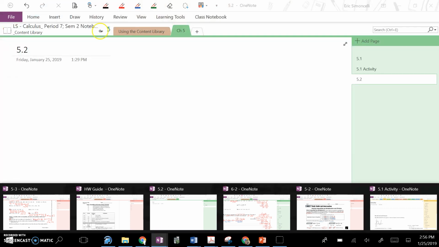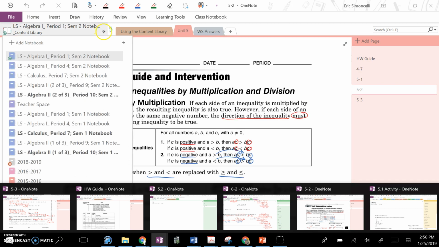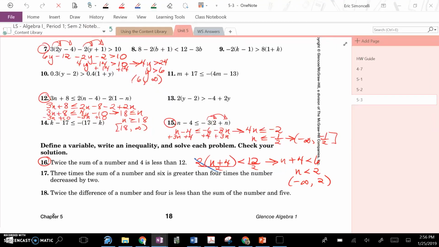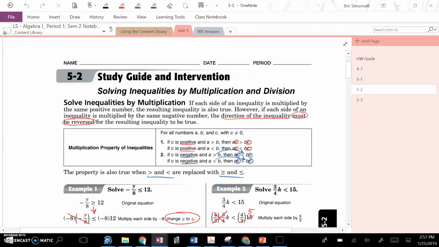Now, if you have other class notebooks you want open, let's say you don't just want period 1, let's say you are in a different class, period 4, which is, who knows, maybe your science class, you'll be able to access it that way. All the OneNote features that we've been accessing all year are very much the same, and you'll be able to take a look at that and play around as you did first semester. This should